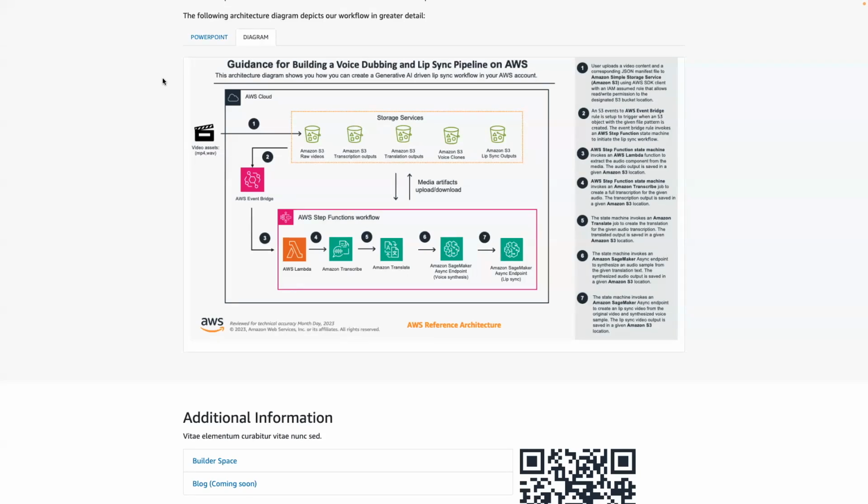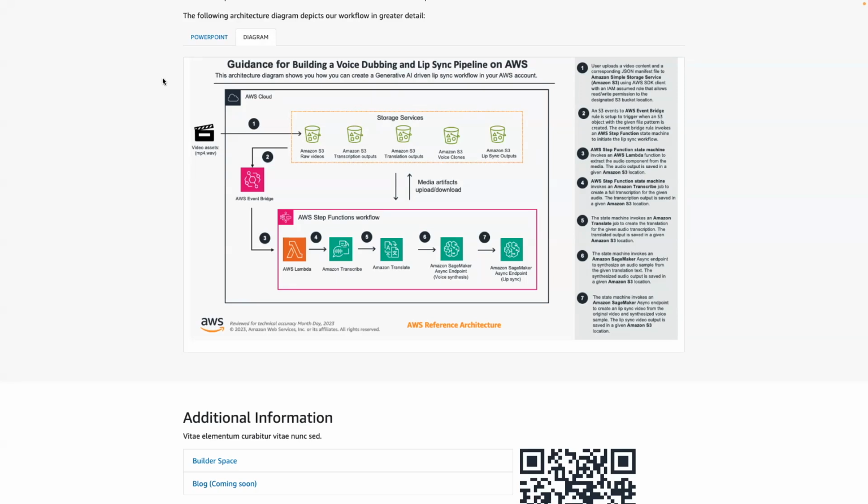It starts by a user uploading the original video content onto a cloud storage in Amazon S3 bucket. The S3 bucket triggers an event configurable through AWS EventBridge to fire off a series of steps that is orchestrated using AWS Step Functions.